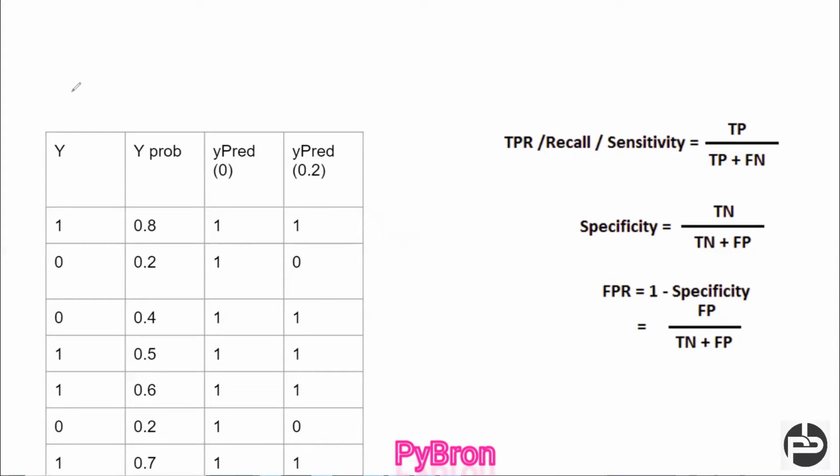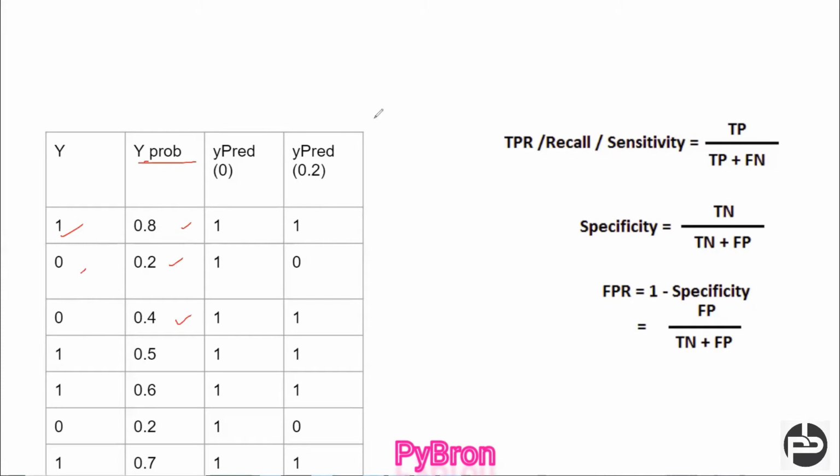let's clear this. Here you can see this is the y probability we calculated. How we calculate that, we will see. We calculated some probabilities, and on the basis of the probabilities I tagged the y value also. Any value more than 0.5, I mark it as a 1, and any value less than 0.5, I mark it as a 0. So this is my actual.